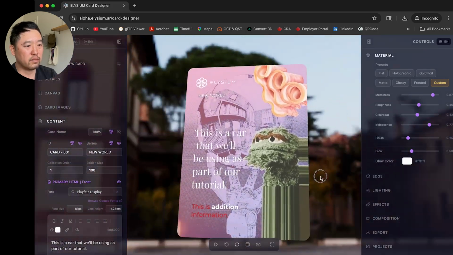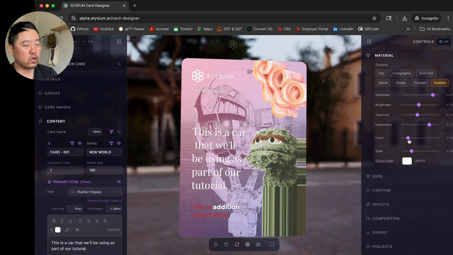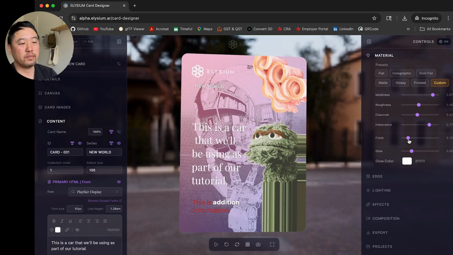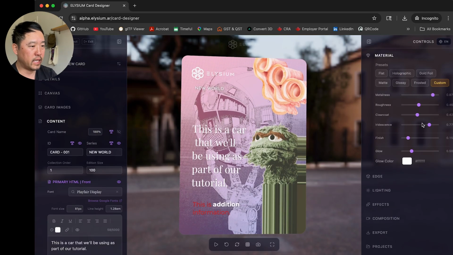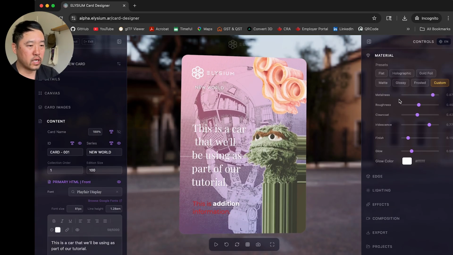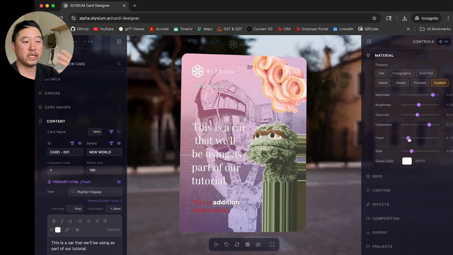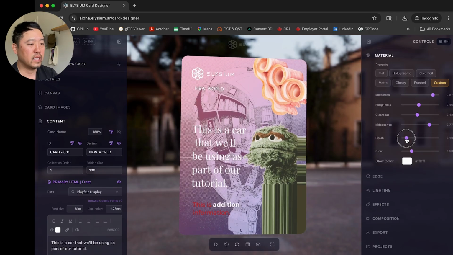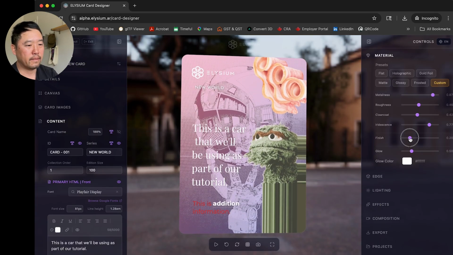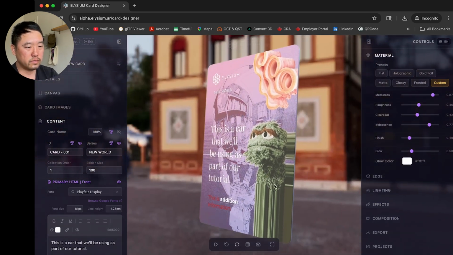So now it has a different type of reflection to it. The last part here, the finish and the glow, are materials options that apply to the card as a whole. So all of these other presets up until now are applied only to the background images and the images in the background of the card itself, whereas the finish is applied to everything else, including the stickers in the scene, as you see here, right? So this is an additional finish that you can apply to the card as a whole.